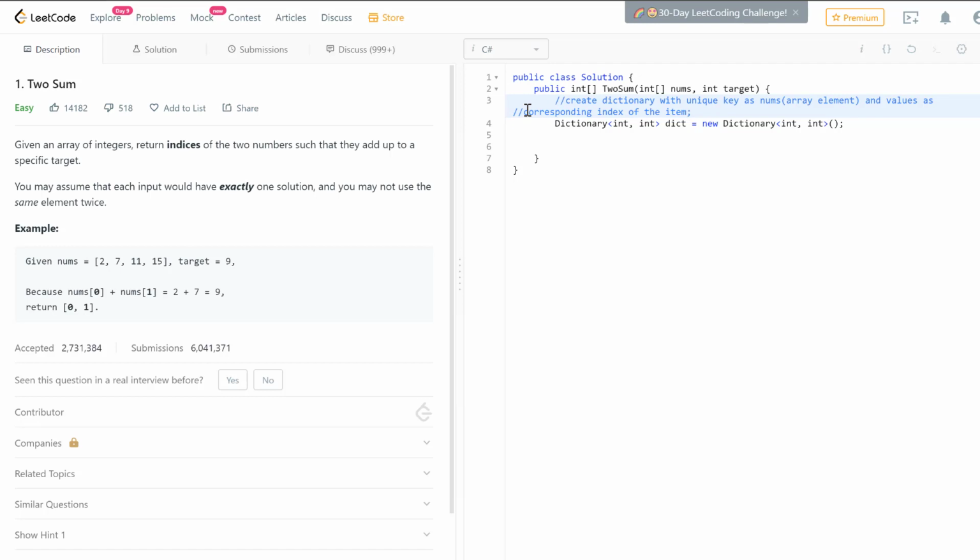Okay, we are good here, so I think there's no need of writing that. Then we'll be doing our loop for int i equals 0, i less than nums.length, i plus plus, and in this we will be calculating our diff, which is target minus nums of i,